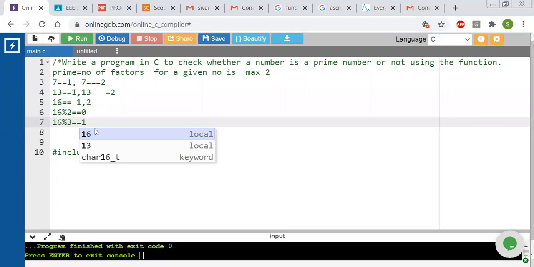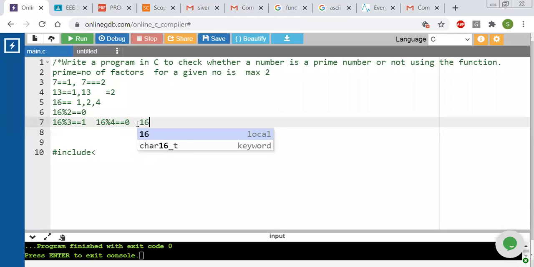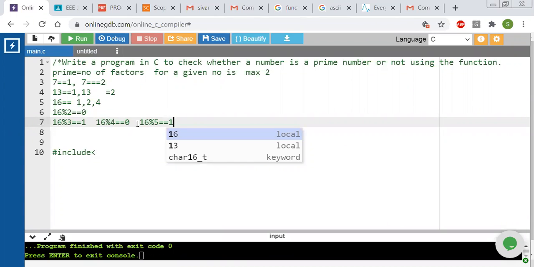So it is not a factor. Next, 16 mod 4 is equal to 0, so it is a factor. Next, 16 mod 5 is equal to 1, so it is not a factor.